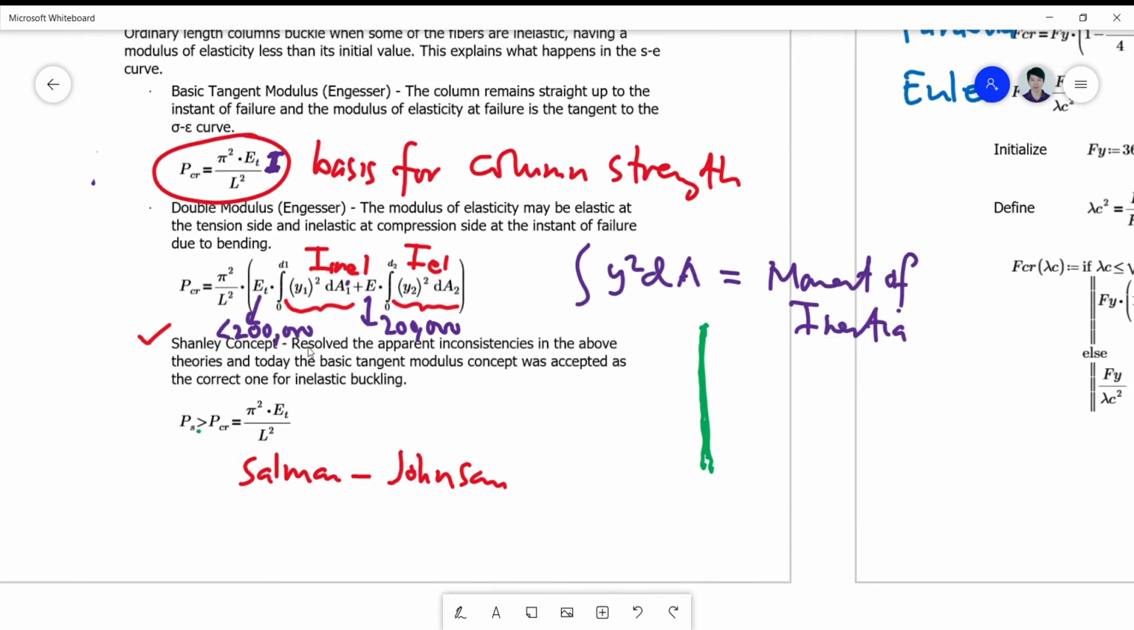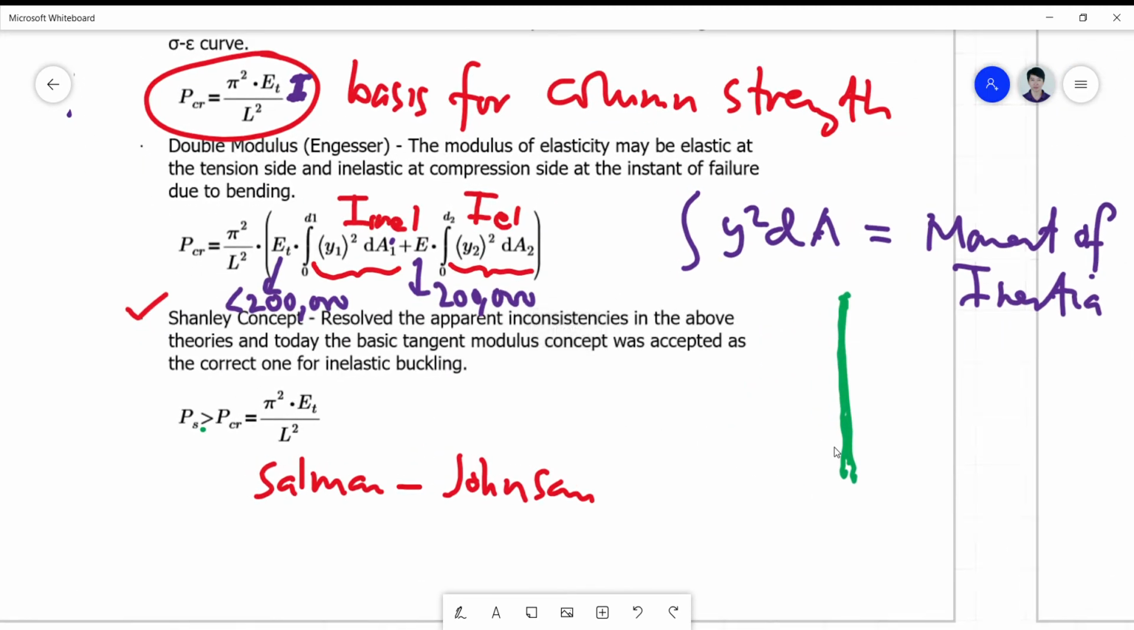Okay, so this is now your double Engesser equation. And the last one is the Shanley proposal, which resolved the apparent inconsistencies in the above theories. And today, the basic tangent modulus concept is the one that is accepted as the correct one for inelastic buckling. So what Shanley did is